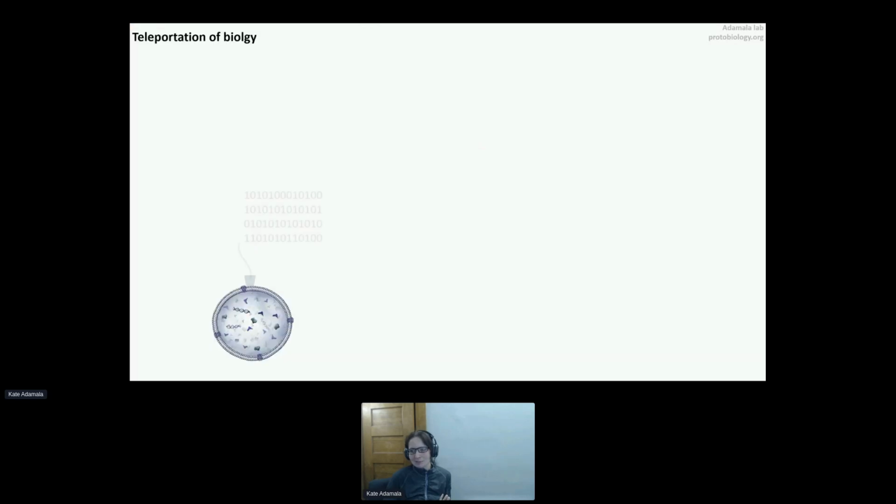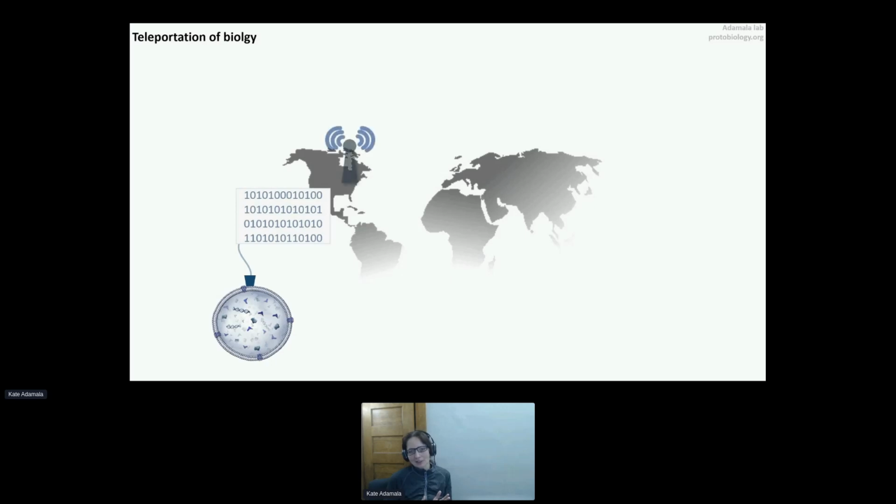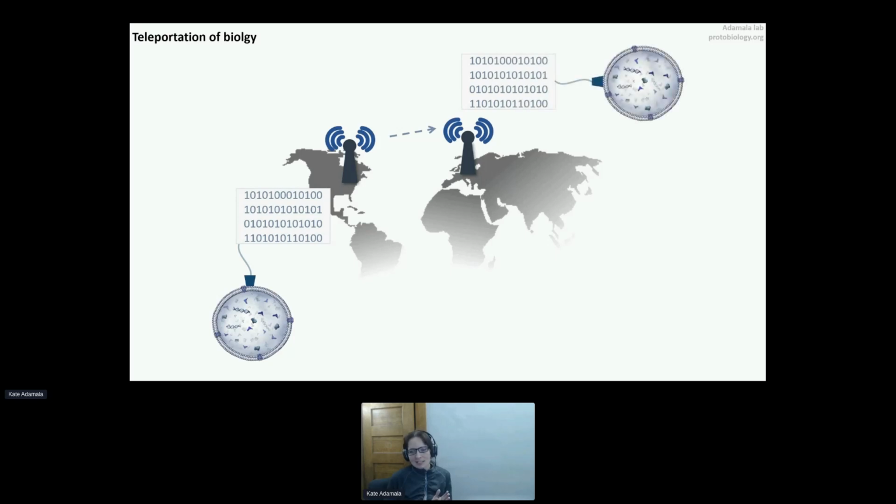And now how that relates to space exploration. When you have a synthetic cell, you can think of it as a little bioreactor. If you have a bioreactor, you can make molecules, you can make whatever you want. And if you have a synthetic cell, you can completely digitize the information that is needed to make a synthetic cell. That's the fascinating part for remote applications. I can send information about making my synthetic cell to someone in Poland right now. And if we already agreed previously on a set of building blocks, you should be able to make that synthetic cell in your lab today.